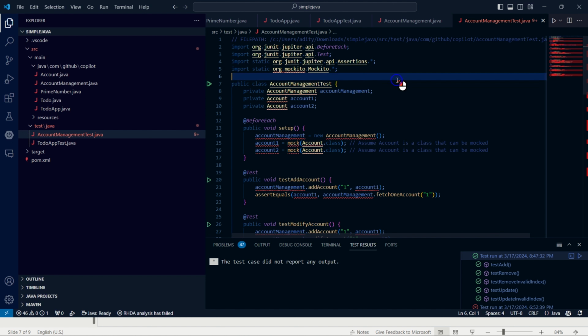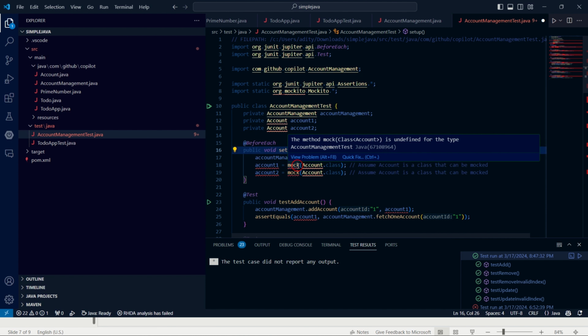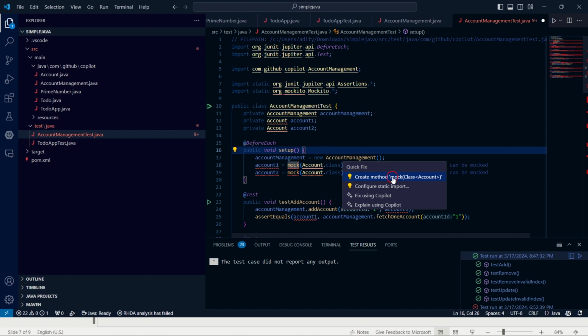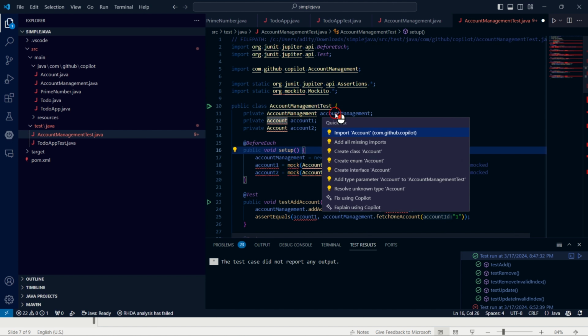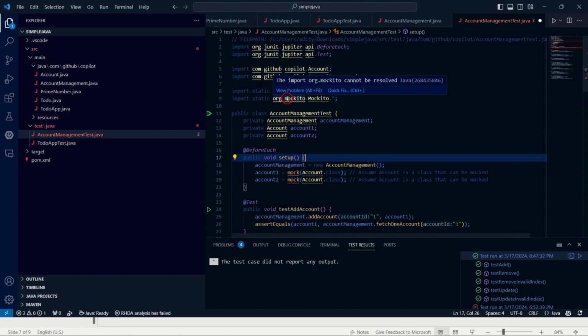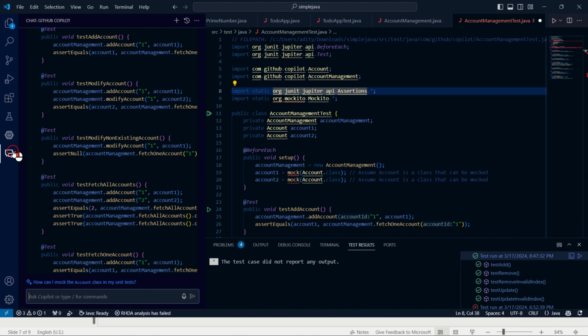Okay, that's it. If you see here, is everything working as expected? No, we have some issues we need to fix. So use this quick fix. You need to import this mock, which is from Mockito. I think this mock is from some dependency, and we don't know which dependency it is, right? The Mockito dependency is also not available here. So just go to your chat and ask